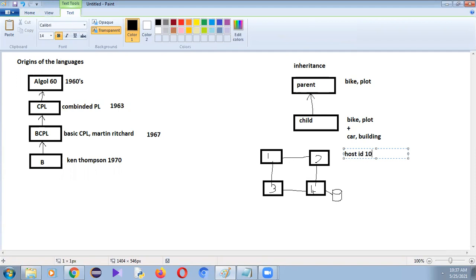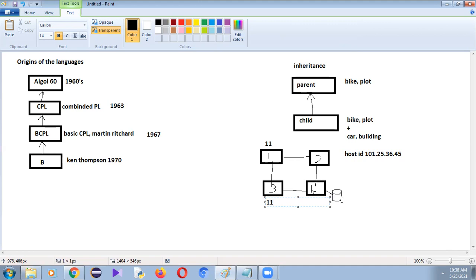The example will be 101.25.36.45. The host IDs will be like this. Now, exactly at 11 o'clock, the person who is using system 1 wants to access the database which is at system number 4. And exactly at 11 o'clock, the person who is using system 3 wants to access the same database which is present at system number 4. So how many users want to access this database at the same time, at 11 o'clock?